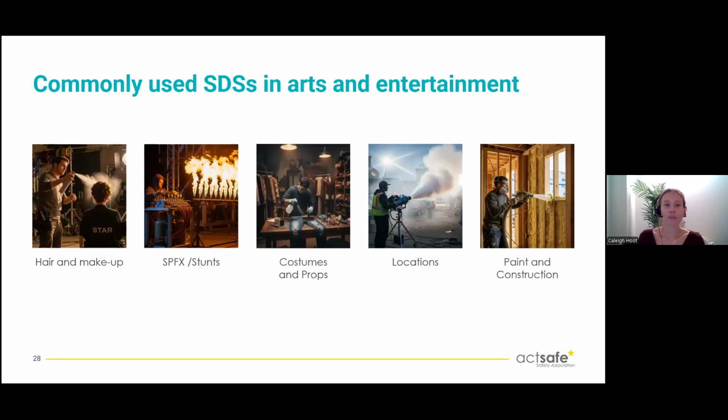I just wanted to point out a few areas that we use SDSs in our arts and entertainment industry. I've been in the industry for a while, and I know that sometimes we don't always have the SDSs available, but I really want to encourage everyone to try and keep these available because we use them everywhere. You might think that they only apply to departments like paint or construction, but really almost every department uses products that do require an SDS. So let's use paint and props and construction, for example. You'll find solvents, paint, obviously, adhesives, varnishes, any products that contain chemicals we would use an SDS on.